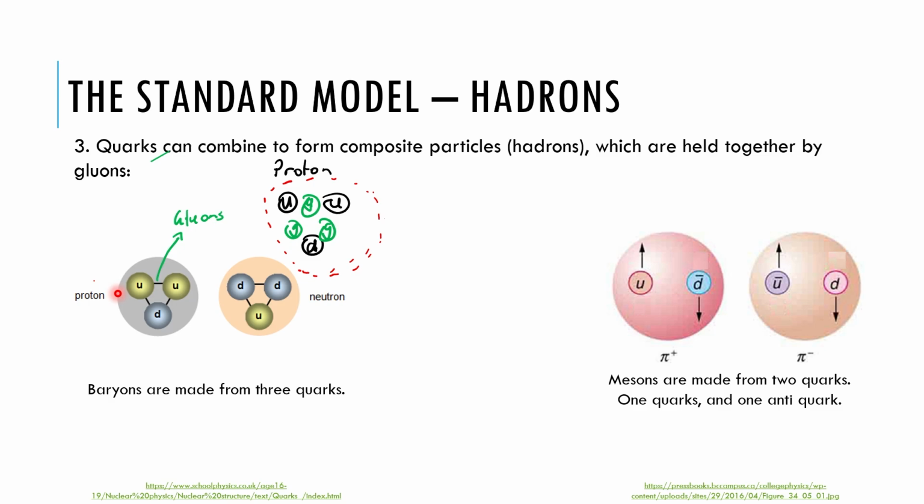Mesons, on the other hand, are made from 2 quarks. They're always made from 1 quark and 1 antiquark. We won't get into the math today, we'll probably do it in class, but the reason why you need a quark and an antiquark is to ensure that you end up with integer values for charge. Another rule about mesons is that they always have integer values for spin. And this makes sense because they're always composed of 2 quarks, both of which have half spins, which means that the 2 half spins will either cancel out and become 0, or they'll combine together and become 1 or -1.